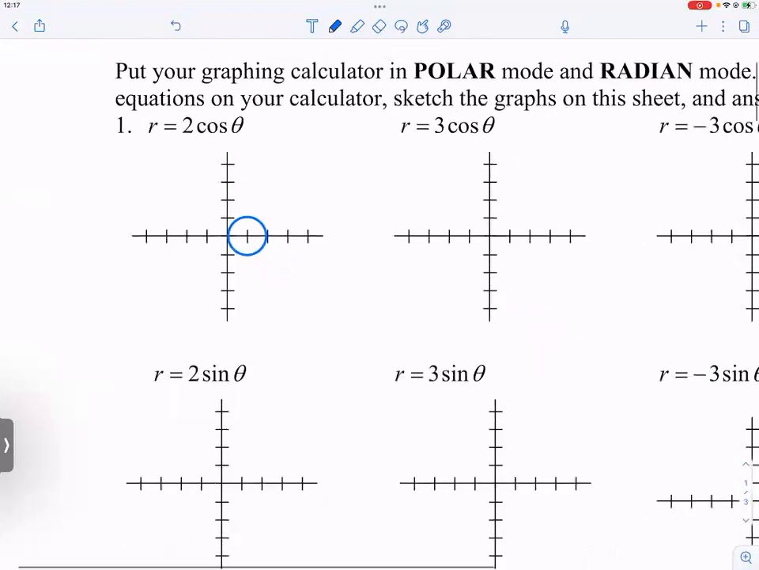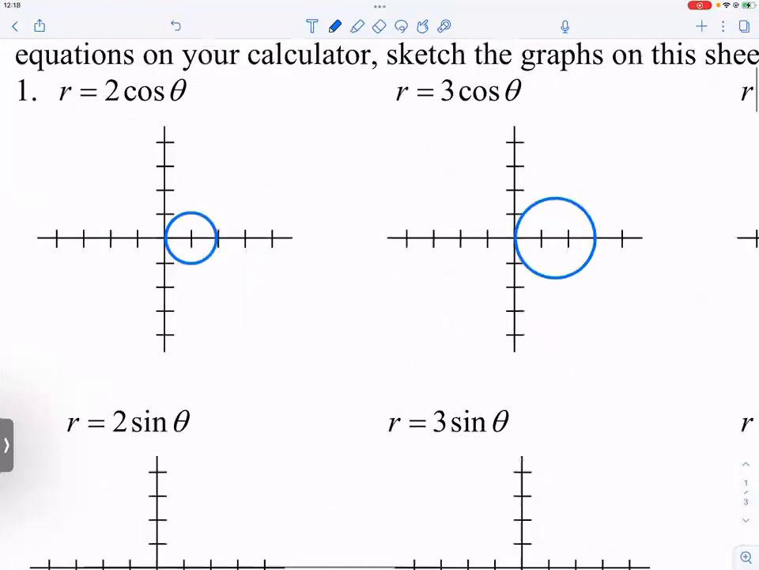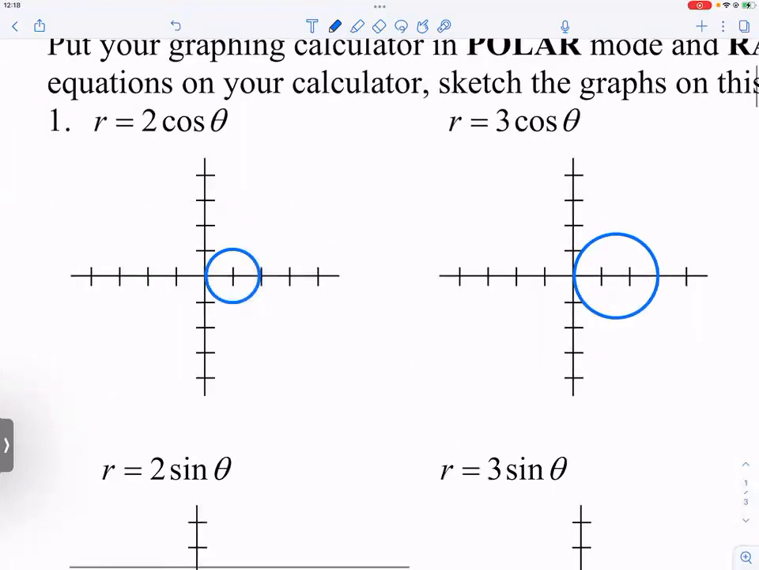So this would be 2 cosine theta. 3 cosine theta would look like this. Okay, so the farthest out would be at r equals 3. Now just look at these two values. Just look at these two circles. What can you say they share in common? What do they both share in common? They're both circles, and